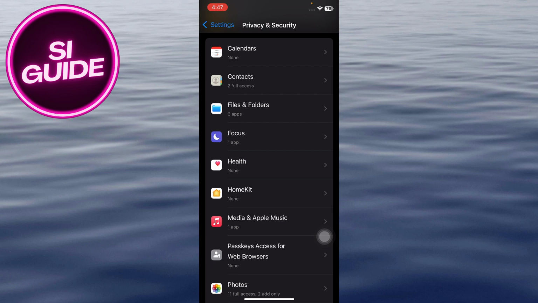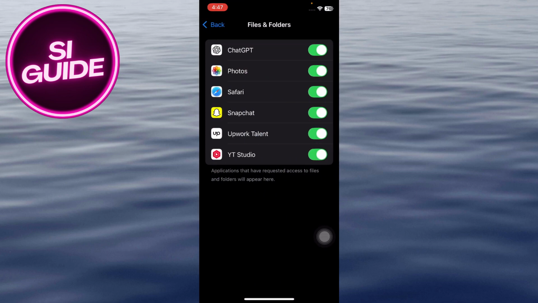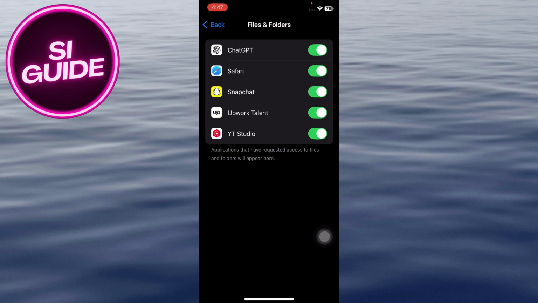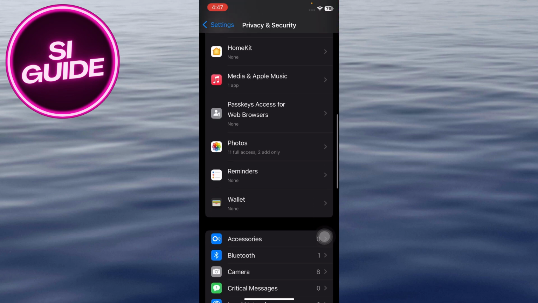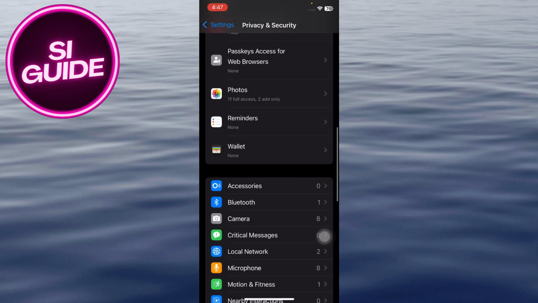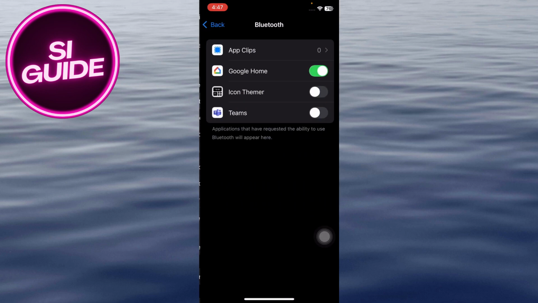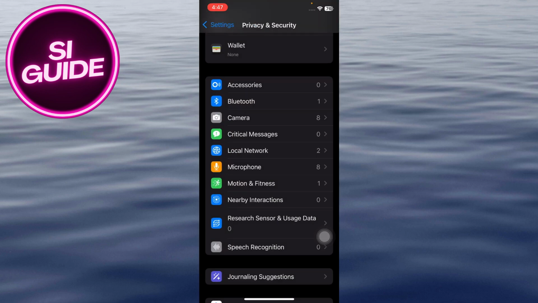For example, do you really need your fitness app to access your contacts? Probably not. Revoke unnecessary permissions to further enhance your privacy and prevent potential misuse of your personal data. By carefully reviewing and managing app permissions, you can significantly reduce the amount of data apps can access and improve your overall privacy. Go back to Privacy and Security again,